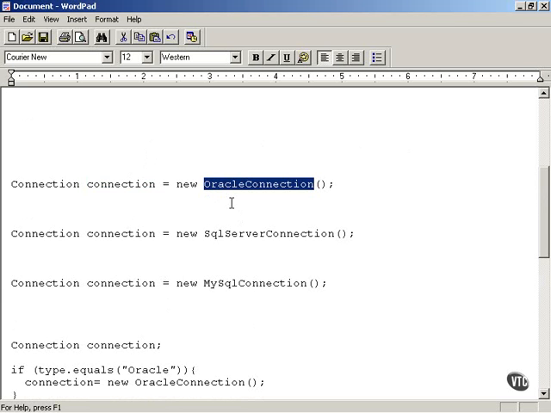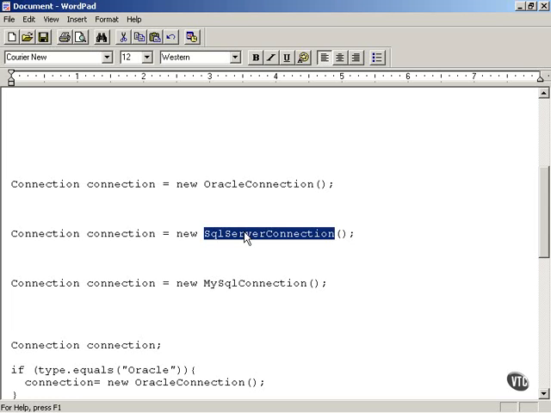Then some of your data turns out to be served on a SQL Server instead of Oracle, so you have a SQL Server connection object you also need to deal with. So in your code, you might have to start using SQL Server connection objects like this, as you see here, and then you can create connection objects that way. And then it turns out some of your data is also saved in MySQL server connections. And so you've got to start creating MySQL server connection objects in some places in your code like this,